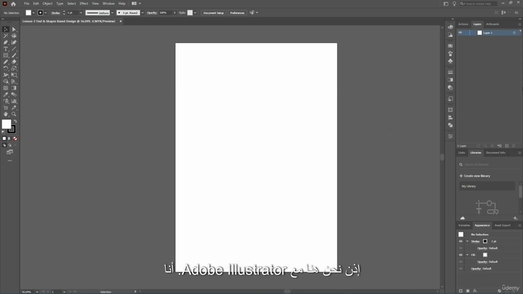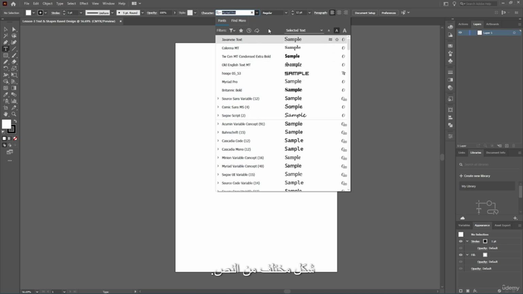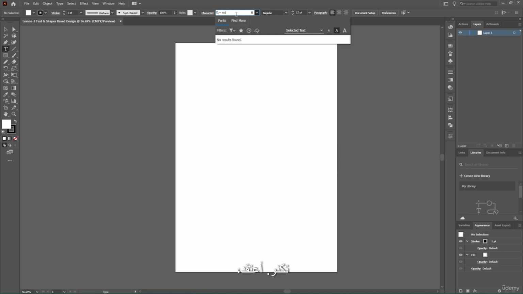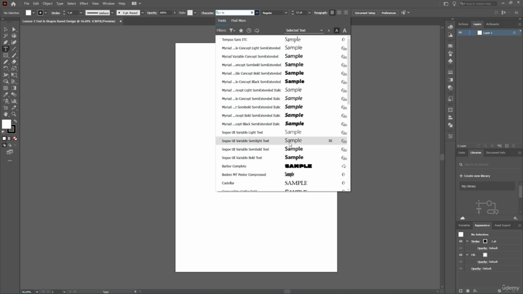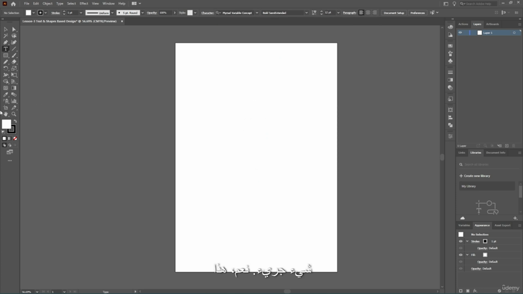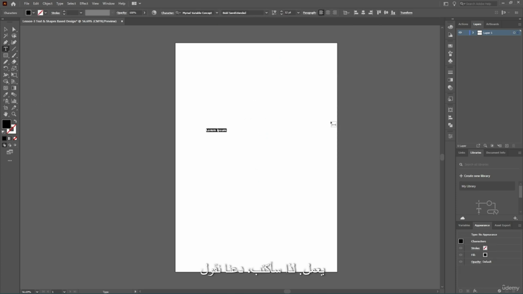So here we are with Adobe Illustrator. I have taken the same A4 size artboard. Now we're going to use the text tool first. I'm going to use the text tool, but this time I'm going to use a different form of text. So I'm going to search techno. I think, yeah, that text I do not have. Let's go for something which is bold. Yeah, this works. So I'm going to type in, let's say 3D